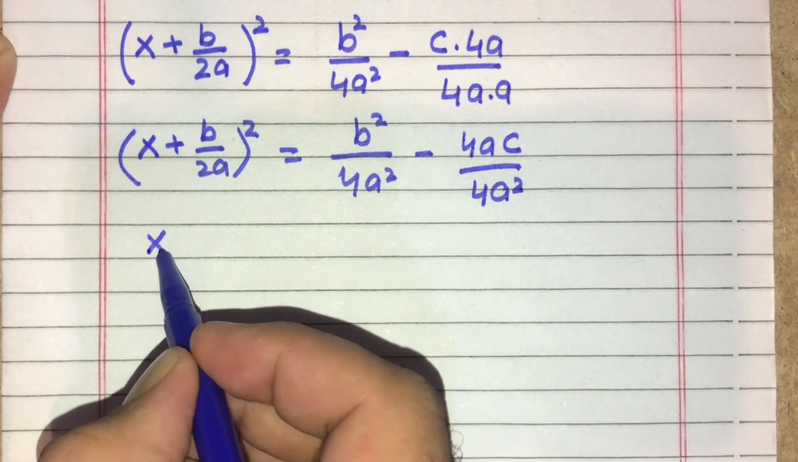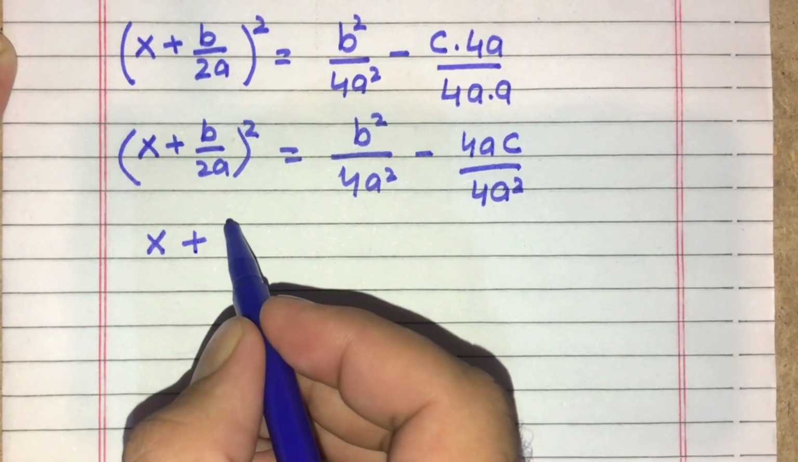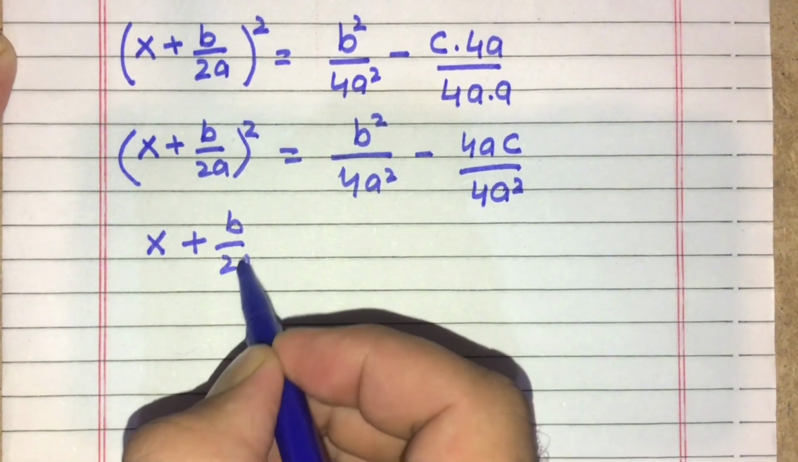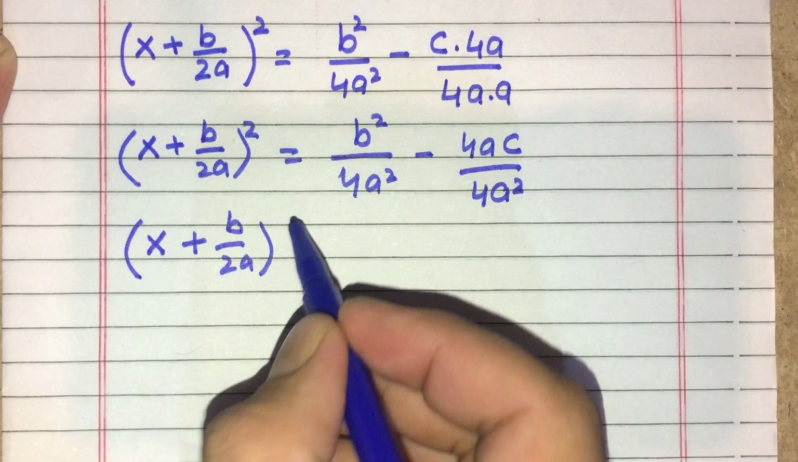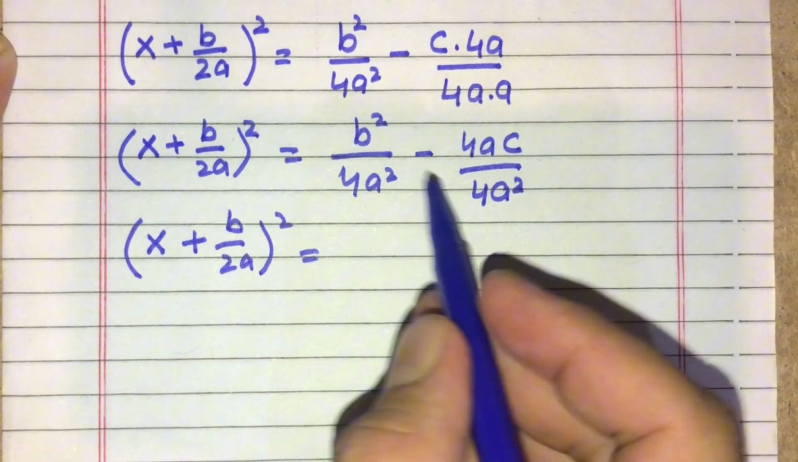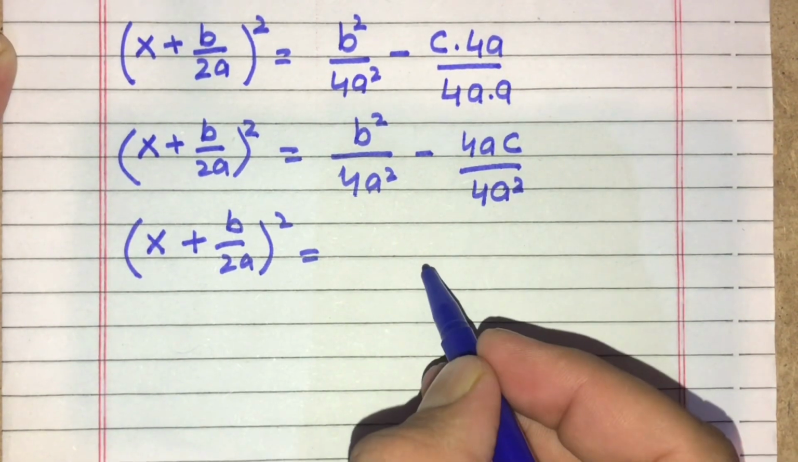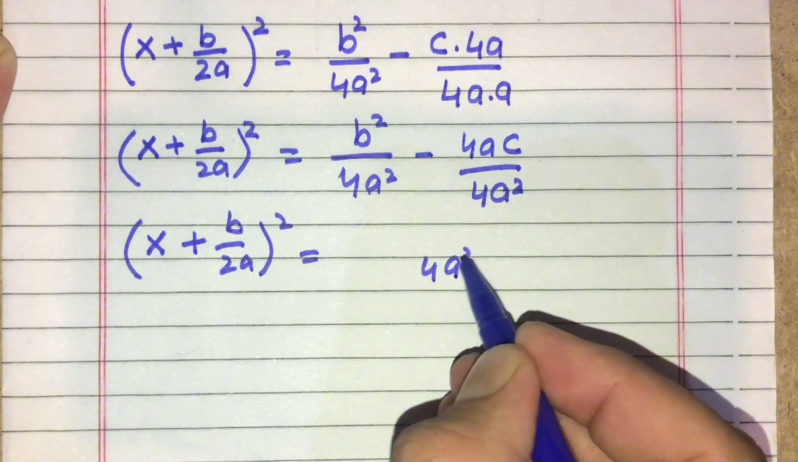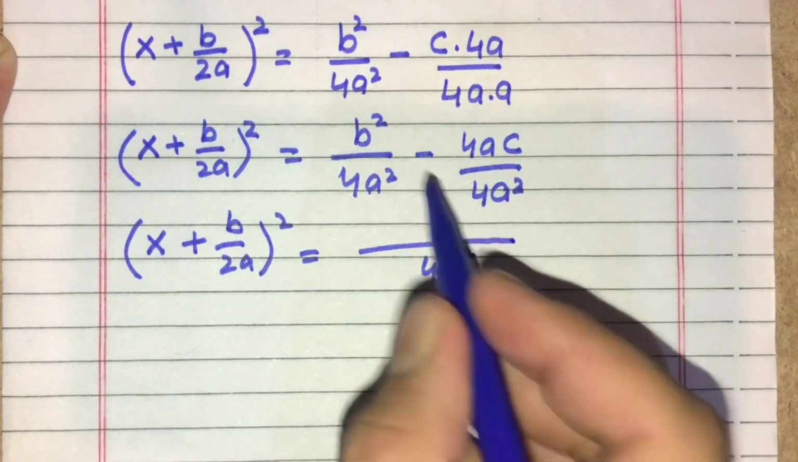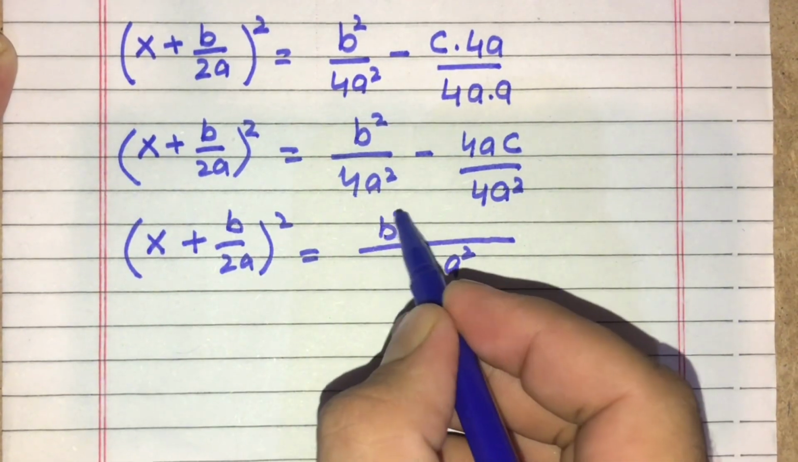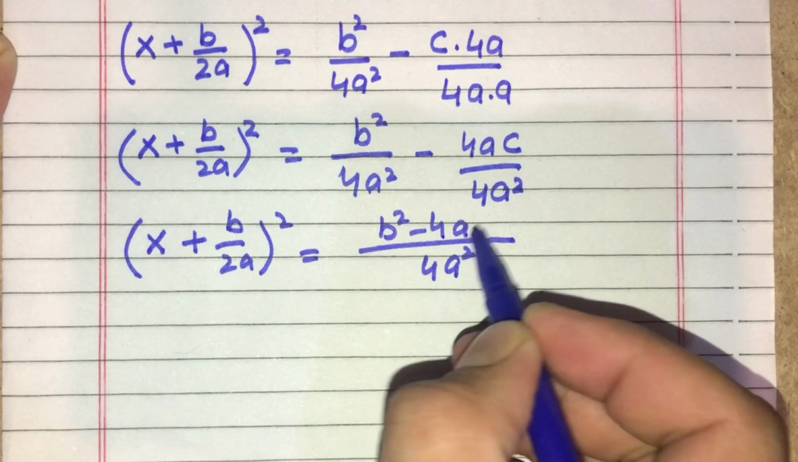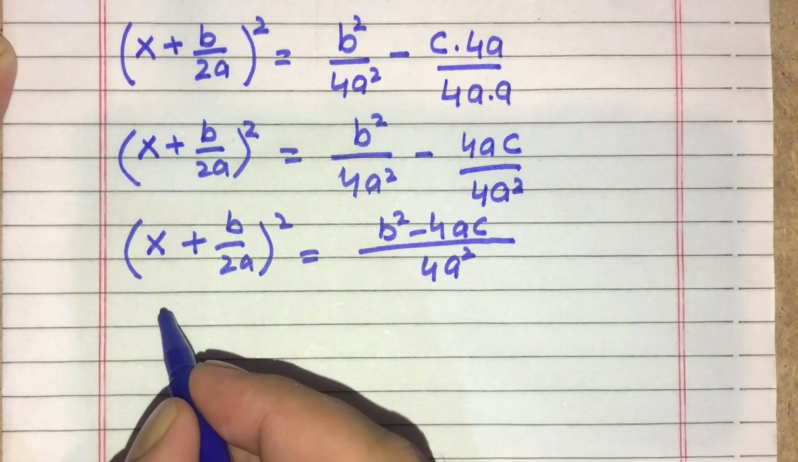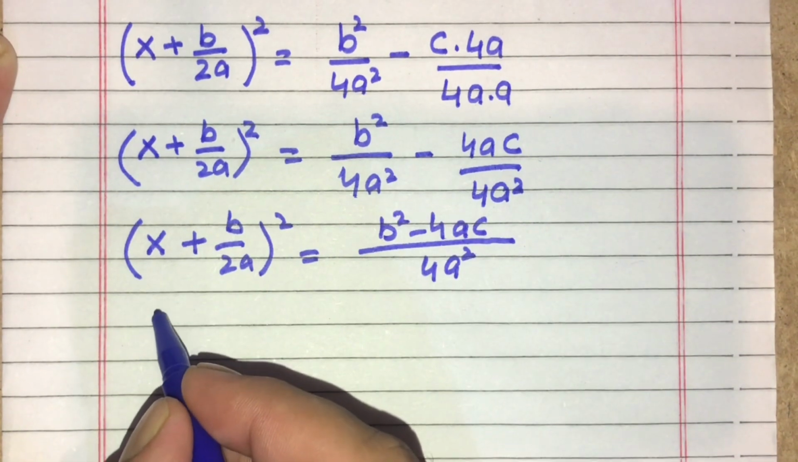On the left hand side we will have x plus b divided by 2a whole squared, while on the right hand side taking this denominator common, that is 4a squared, and adding the numerator we will have b squared minus 4ac. Taking square root on both sides,